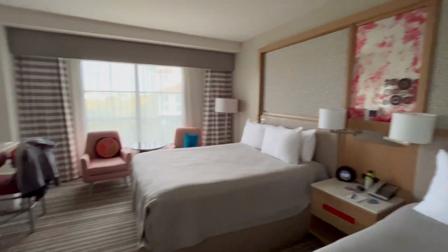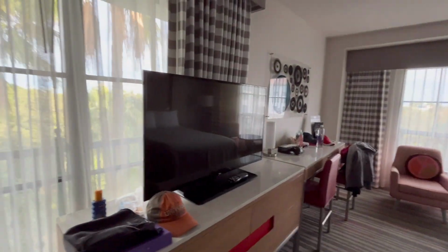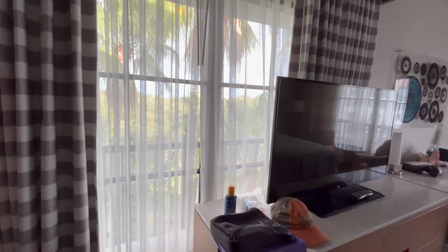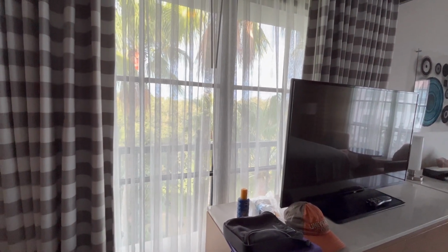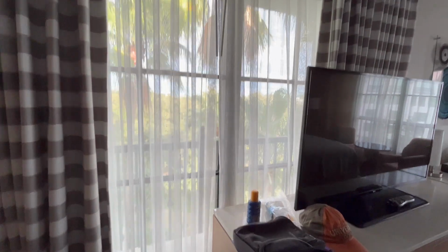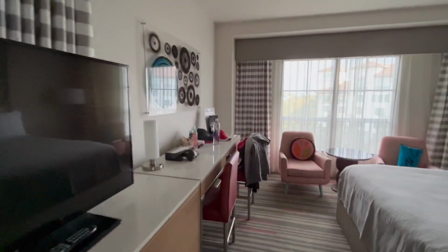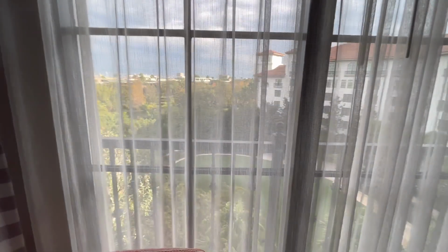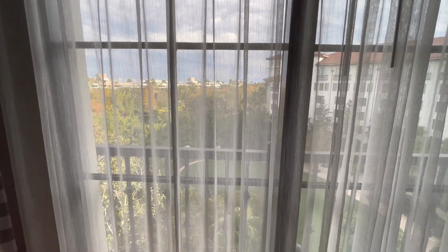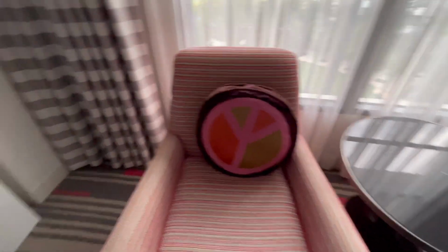Looking around the room, good thing about this room is because it's at the end of a corridor, it's actually dual aspect, so we don't have anyone to our left hand side. We've got windows with a view. This is a garden room, and that's the main view over the garden. It's great to have the dual aspect. Got a couple of chairs to sit in there,